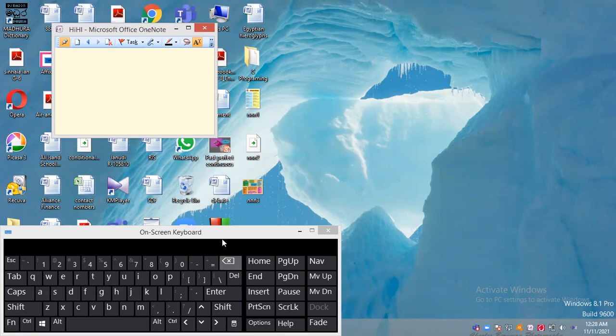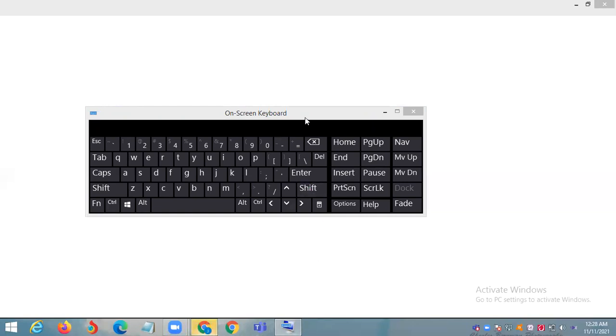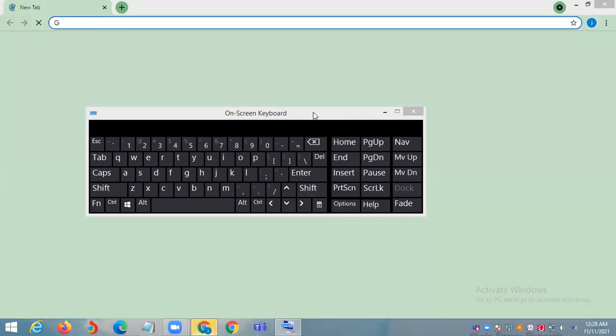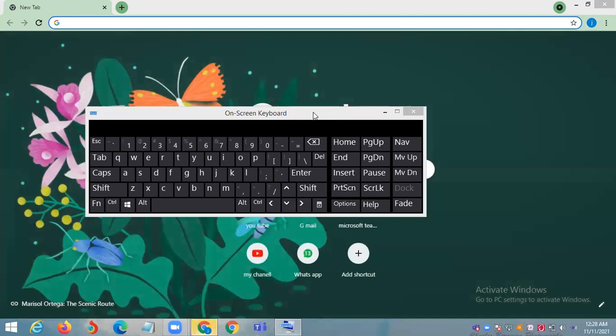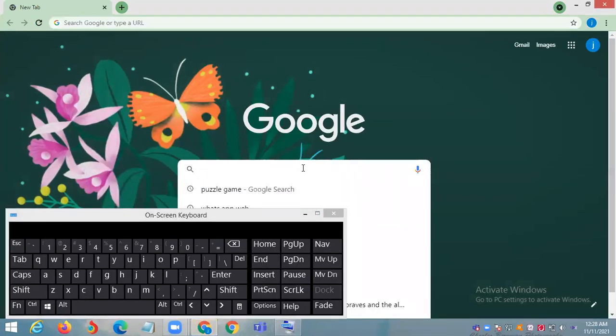So I would like to prove it again. We'll go for Google. I think you need to search something in Google, right? My Google is loading. You can move your screen keyboard also, remember it. Now it's not typing, but when I get my mouse near the screen keyboard, now it's going to type.